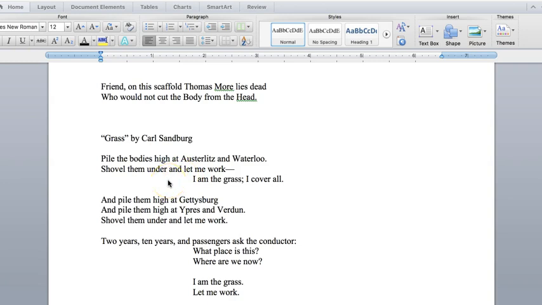There was a winner and there was a loser, and the grass, over time, covers up the evidence of the battles. Then the speaker goes on to refer to battles at Gettysburg, the American Civil War, and battles from World War I, and again asks that the grass can continue its work to cover up the evidence of the battles. Finally, the speaker suggests that over time, as the grass does its work, as the evidence disappears, people forget about the battles and about the cost of war.